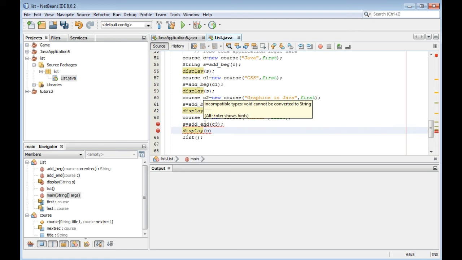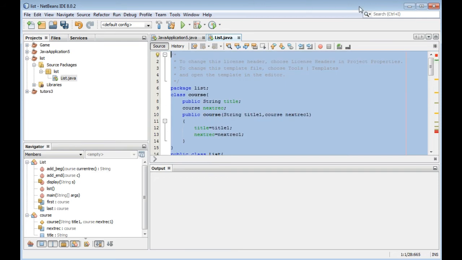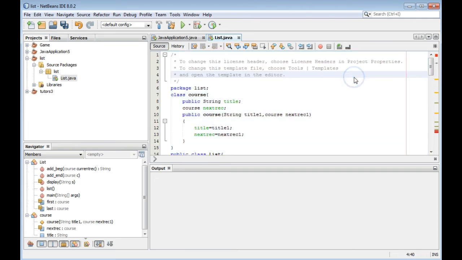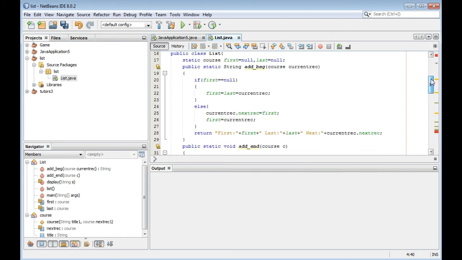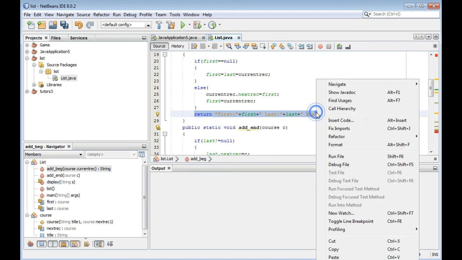So we should copy it and paste here. This is C3, course number 3, and this is threads. So we should delete this, and at the end is C3.